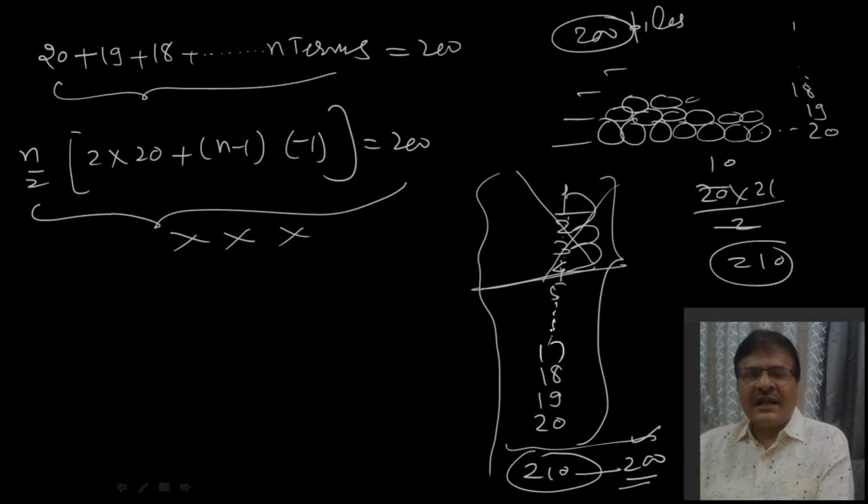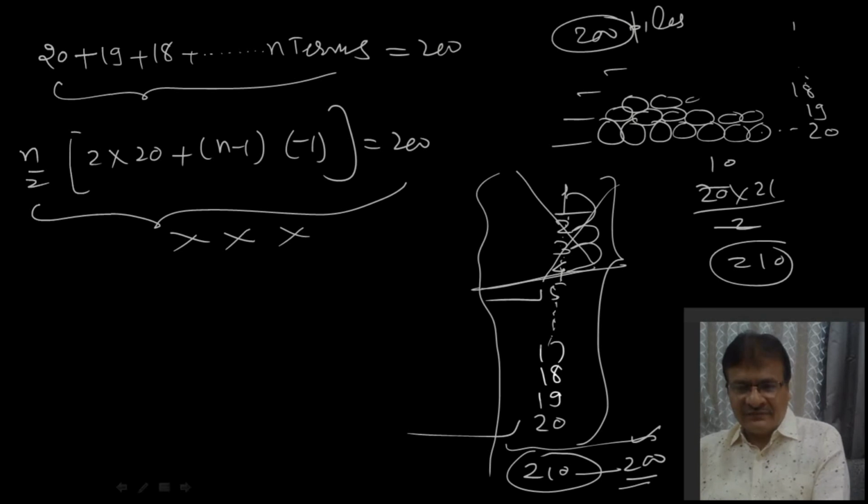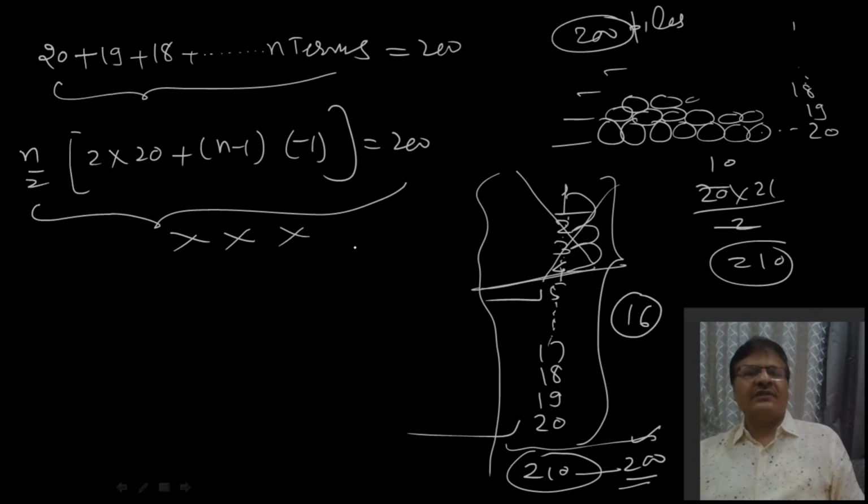It means I have to go from 5 to 20, and there are 20 rows, of which the top 4 I am removing, so my answer should be 16. And if you solve it the other way also, we get 16. So there would be 16 rows, guys. Is that clear?